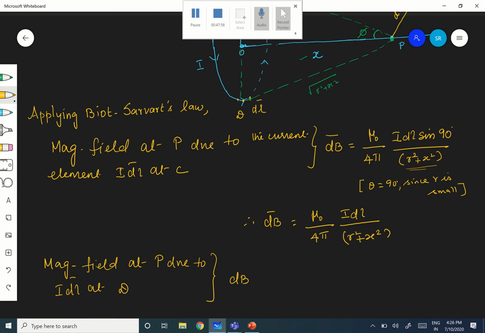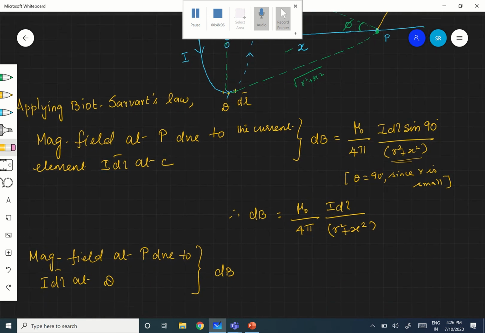dB, here it is. No need for this one, only magnitude I have given, direction I have given with respect to, here is the direction. Okay, I have shown the direction here. So, dB, what is dB here? dB is mu naught by 4 pi, once again I dl divided by R square plus X squared only, same only, magnitude is the same,